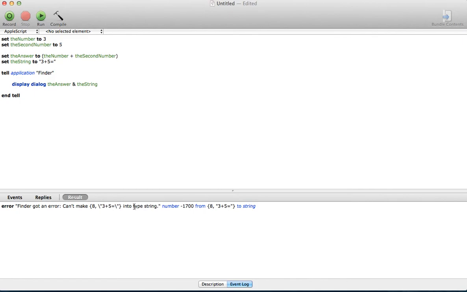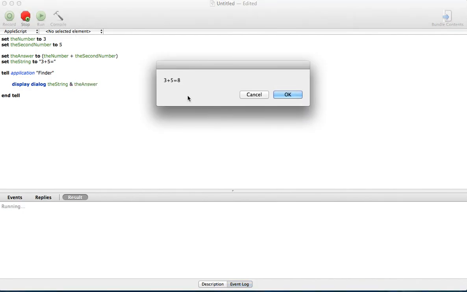Okay, basically what this is saying is that we can't put a string in an integer like that. So I can just put the string right here, and then let's say I put and the answer, compile, run, and now it'll work because I put the different order,